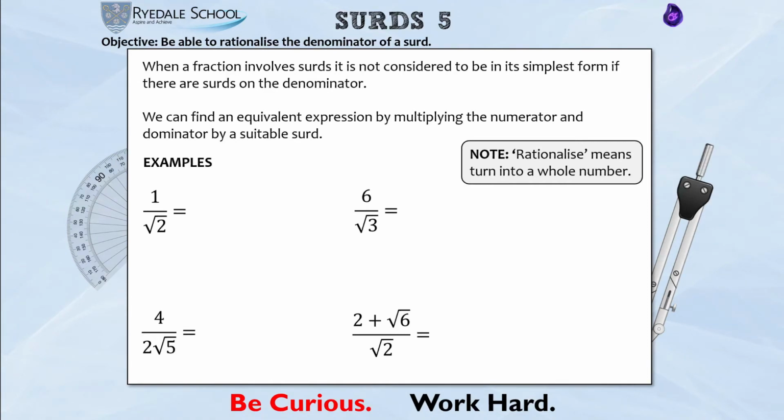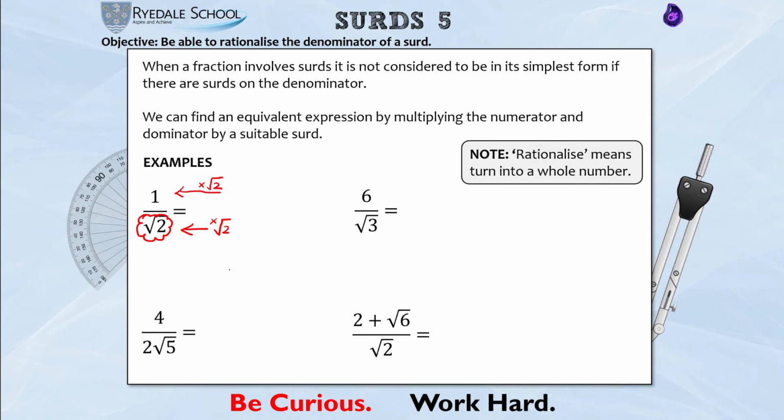So let's take a look at our first example, which is 1 divided by the square root of 2. So we have the square root of 2 as our denominator. So that is not in its simplest form. Well, what can we multiply that by to make it a whole number? We can't multiply it by a whole number because that would just be something like 3 root 2 or 7 root 2. However, if we multiply it by another square root of 2,